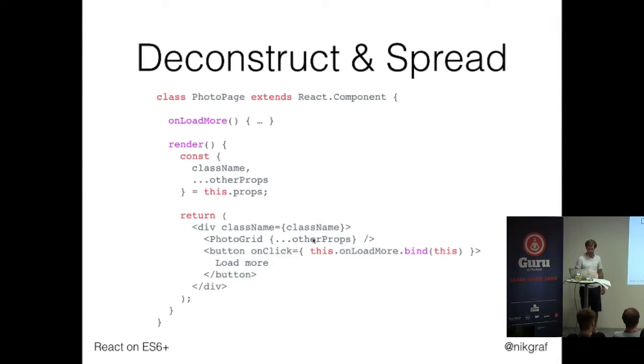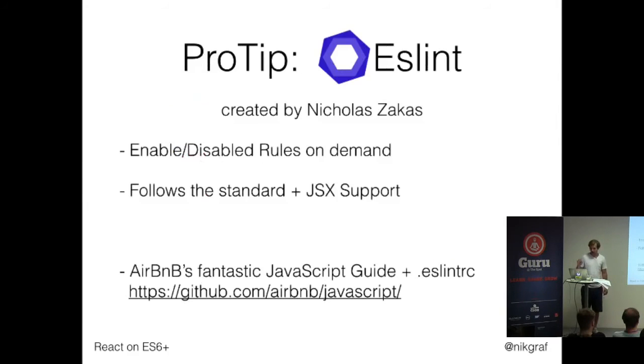So that's my hot tip for you. And the absolute pro tip I would like to give you, what made my life a lot easier, is using ES-Lint. Because if you want to use ECMA Script 6 or even features from ECMA Script 7, I highly recommend ES-Lint to validate your code. And it's very, very flexible. So you can enable and disable rules to make sure that everyone in, and we actually use it, we enable and disable rules in the